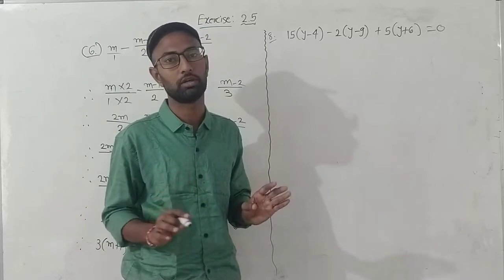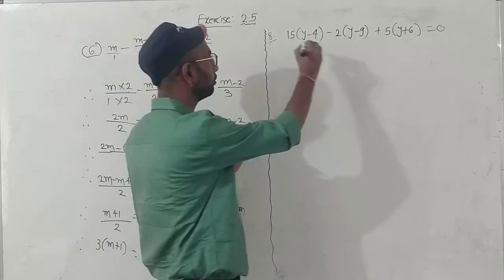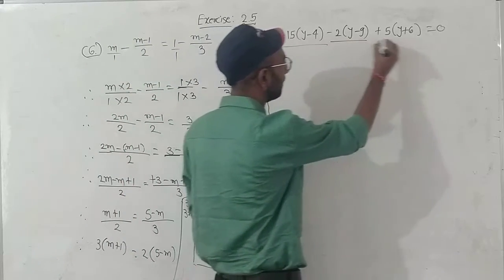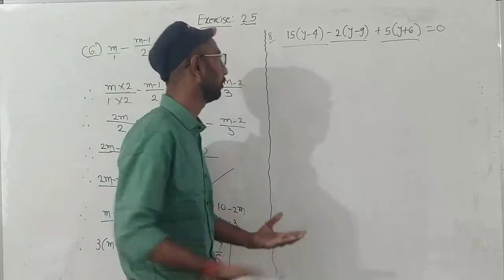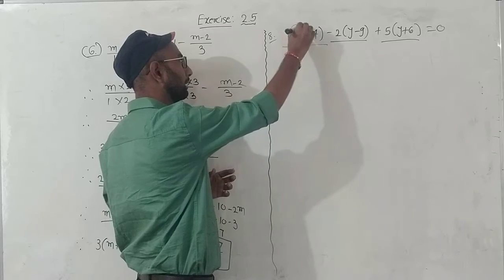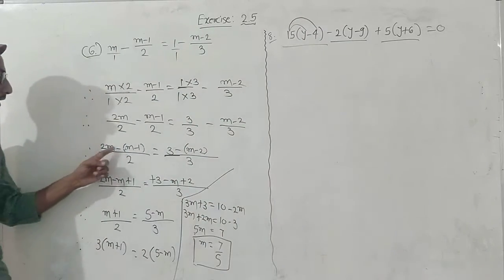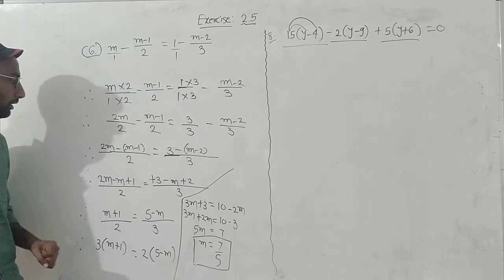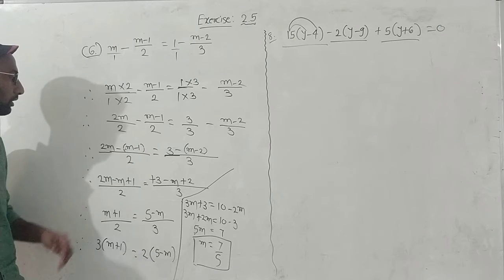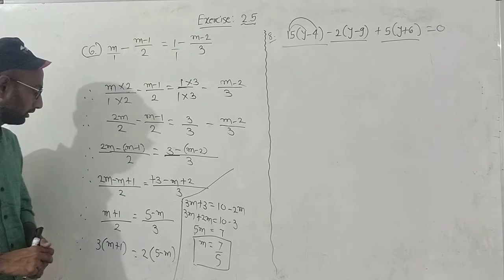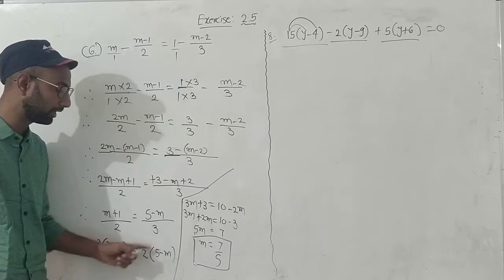Then we will find out the value of variable. So same thing I will do here. First of all I will try to remove the bracket. यहाँ पर भी ब्रैकेट है, यहाँ पर भी ब्रैकेट है, यहाँ पर भी ब्रैकेट है. So removing the bracket is a very easy thing for us. Now we can do this. 15 का मल्टीप्लिकेशन y के साथ और 15 का मल्टीप्लिकेशन 4 के साथ. यहाँ पर हमने बहुत बार वो किया है. I don't know here we have done or not, but yes, here we have done it. 3 का multiplication m के साथ, 3 का multiplication 1, 2 5 का 2 का m का.